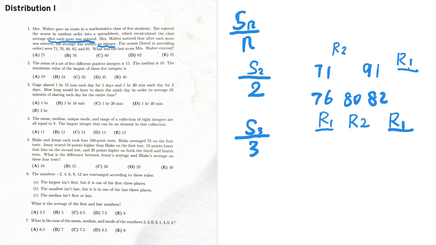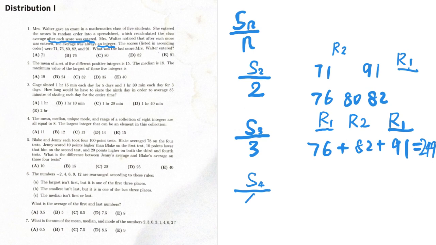So the first 3 scores must be 76 plus 82 plus 91. The sum is 249. So the sum is 249, and then the sum of the